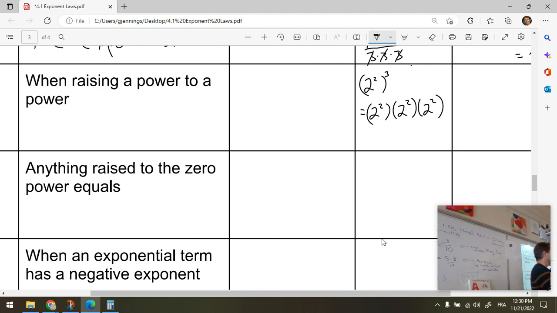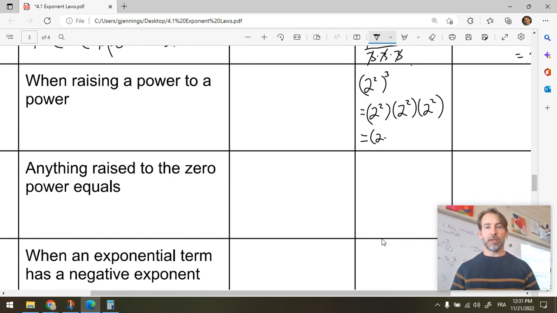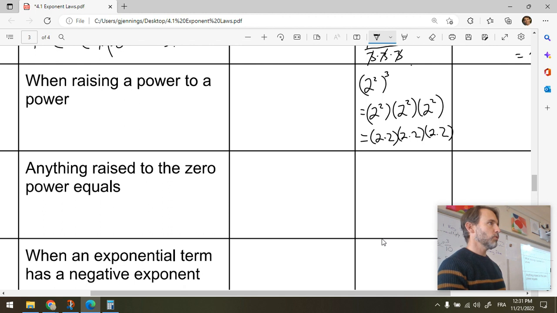Yeah, that's right, Gabby. 2 to the 6. If I wrote this out again with more multiplication, that would be 2 times 2 is 2 squared, times 2 times 2 is 2 squared, times 2 times 2 is 2 squared. So that's 2 times 2 times 2 times 2 times 2 times 2, which happens to be 64. 2 to the 6